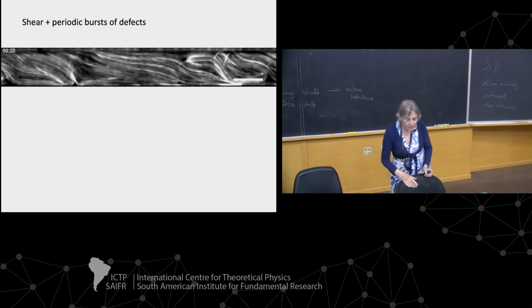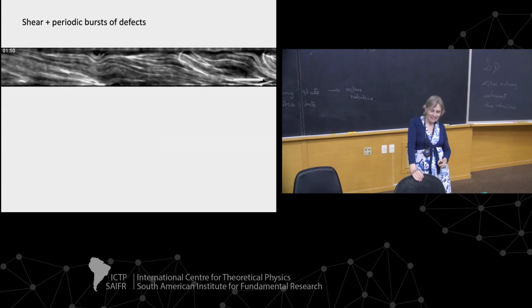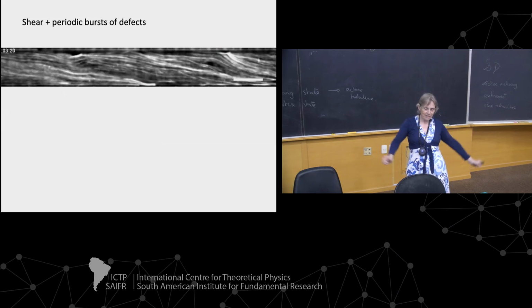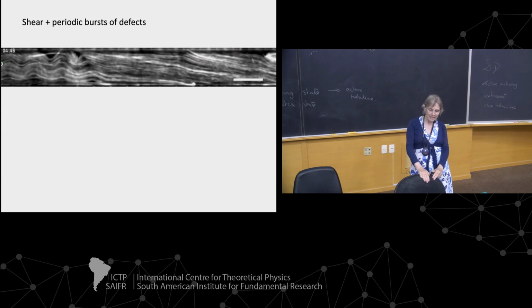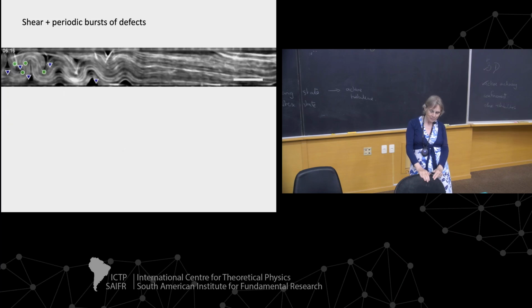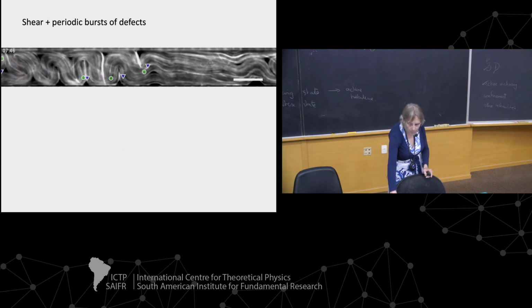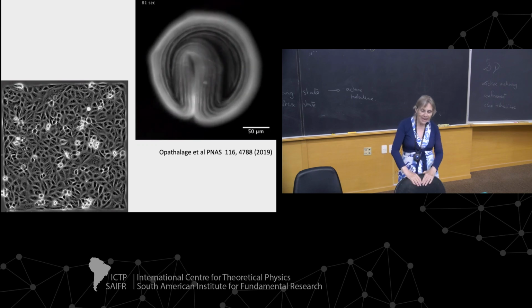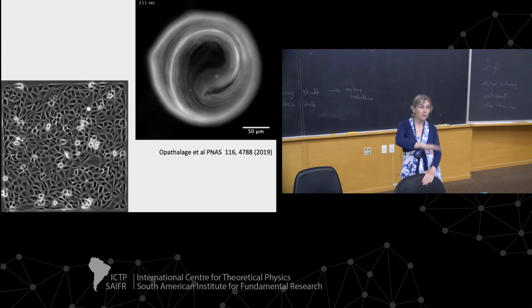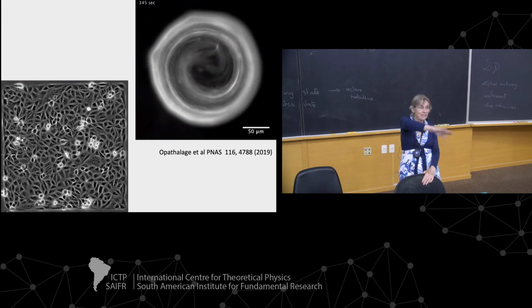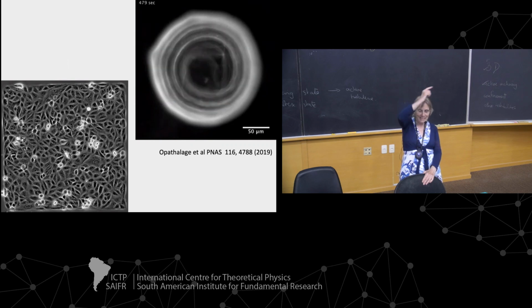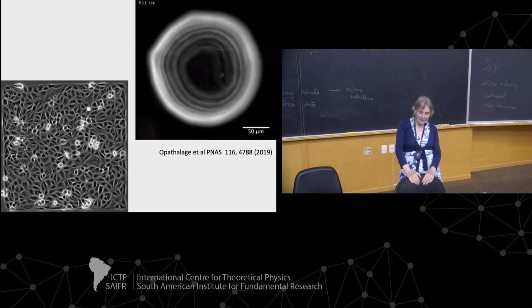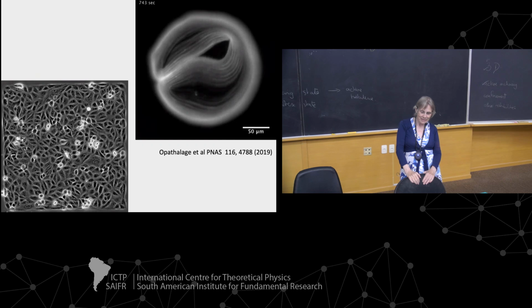Okay, so you start off with simple shear flow. Microtubules get pulled out, and then you see the instabilities which look like these bursts of defects. These are pictures of this in different geometries and different systems. This one's exactly the same thing, but in a circle. So the laminar flow now goes round in a circle, and then you suddenly get one of these defects appearing, and you end up with this rather lovely